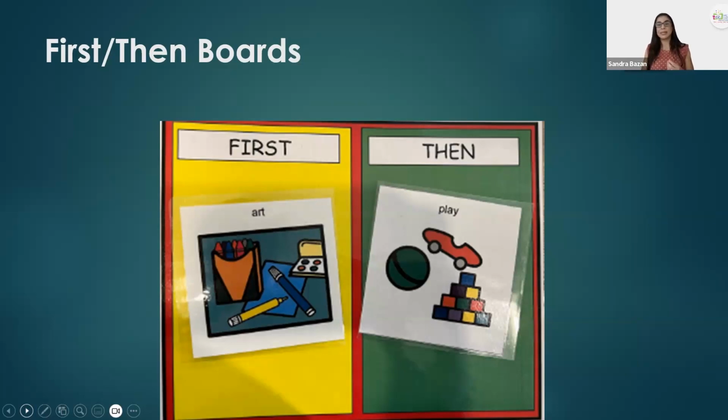We don't even really know, because this student, I'm giving you a hypothetical, how much this student really understands of my receptive language. If I use a first then, what am I communicating right here, Adrienne? First what? First, we have to do art. And then I can go play with my preferred things. There's combativeness. If I can get them to understand that first I can do this, but then eventually you get to do that,